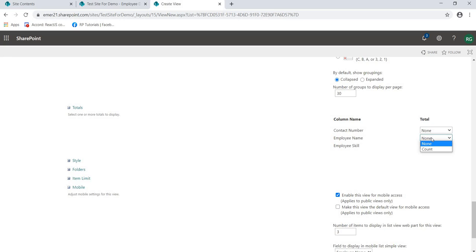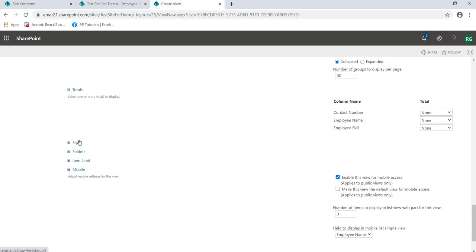With the employee name, we will have only count, so you can get a count of how many employees there are in this database. It will give you at the top the count number of records in your database. Similarly for the skill, you can see how many there are for SharePoint, so you can just click on count, and it will automatically generate that count for you. Like, say there are 4 for SharePoint, 3 for .NET, similarly.